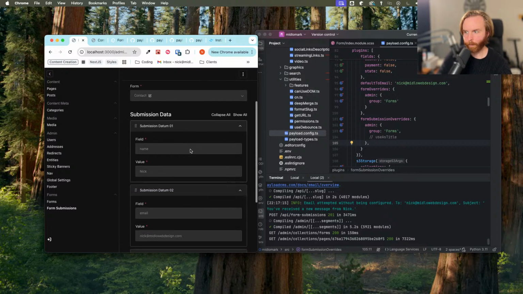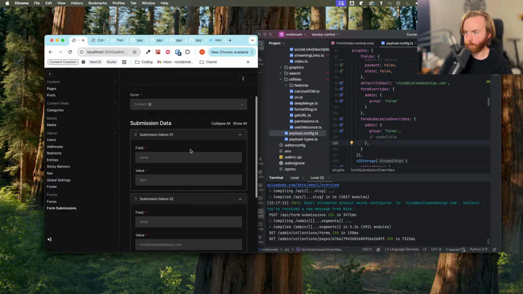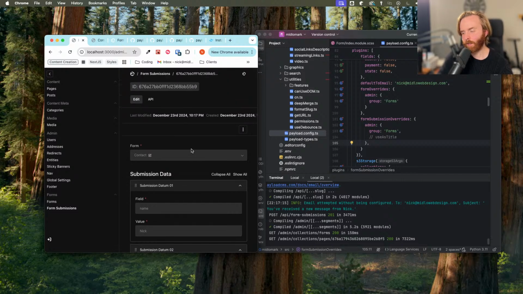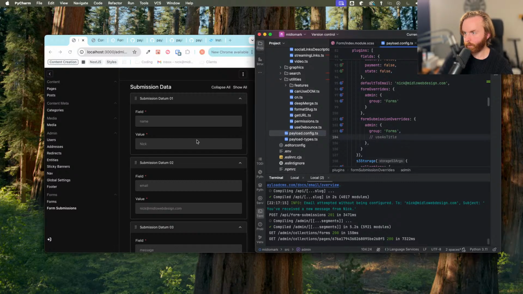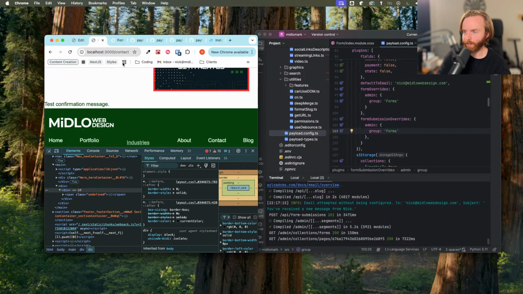There we go. And then we could do submission data. I guess maybe the ID is what makes the most sense. But if we did use as title, yeah, because it needs to be a top level field, so this won't work anyway. So that's it. I know that's an anticlimactic way to end this, but